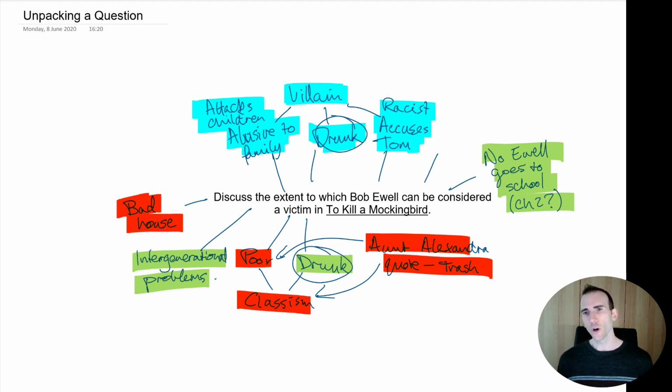Okay, so I'm only scratching the surface here. Every time I go to the next step, I'm like, oh, here's a few other ideas. Oh, here's another idea. But this is enough to illustrate my point. Once you've got all your ideas down, every quote, every bit of evidence, the next thing is to try to group them. You can see I've started to group them, and maybe I can start thinking about what my main points are going to be.